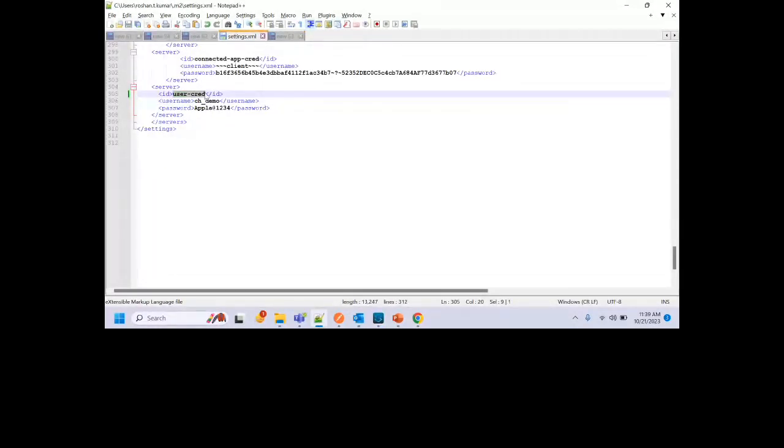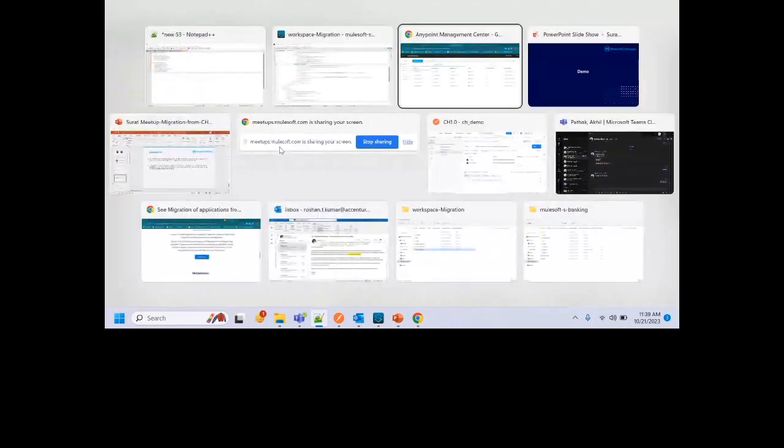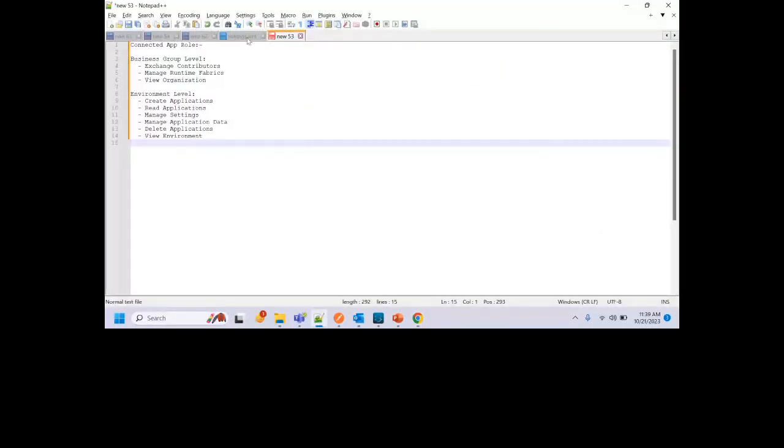I'm using this username and password, but you can use connected app credentials also. For CloudHub 2, we are performing two actions, right? We are sending our code to Exchange and deploying to Runtime Manager. So for connected app roles, you can define these roles at group level. This is for pushing your code to Exchange. This is for deploying your applications. So you can see the connected app over here also. This is my connected app cred. I copied the same client ID and secret in settings.xml,